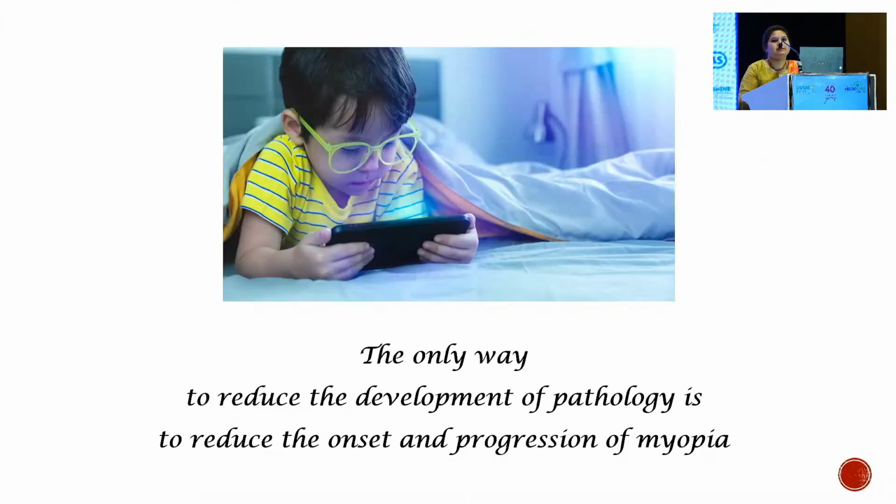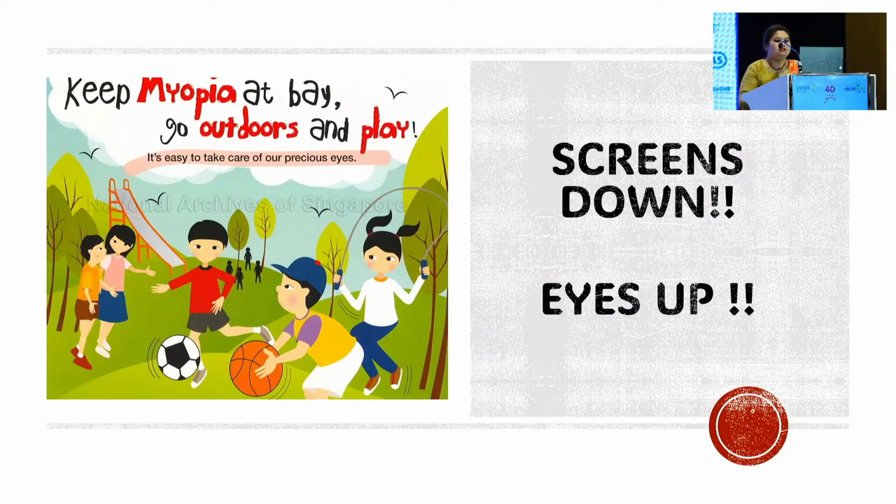So we have to adopt a comprehensive strategy. First, we have to prevent the onset of myopia. In the patient who comes with myopia, we want to prevent high myopia. In case the child is highly myopic, we want to prevent the complications associated with high myopia. So as a primary prevention, if there is no myopia, or in children with myopia as an adjunct treatment, we suggest